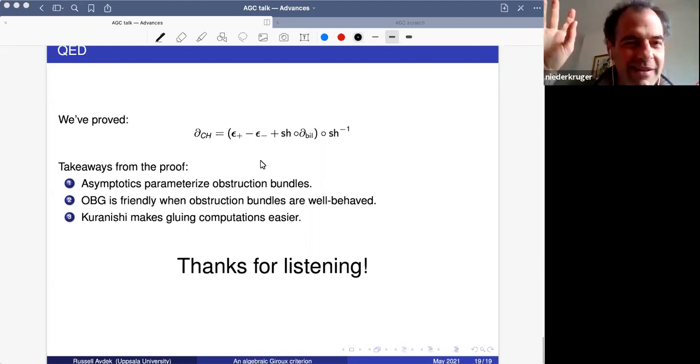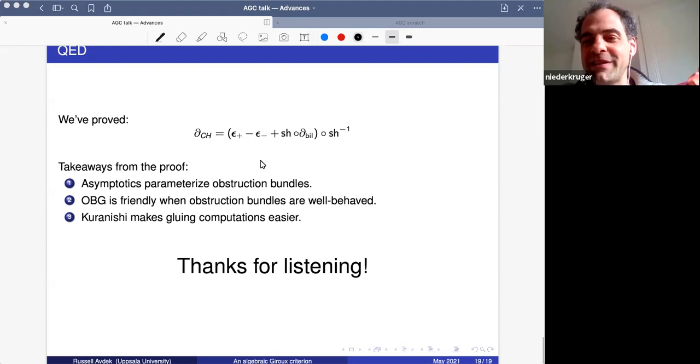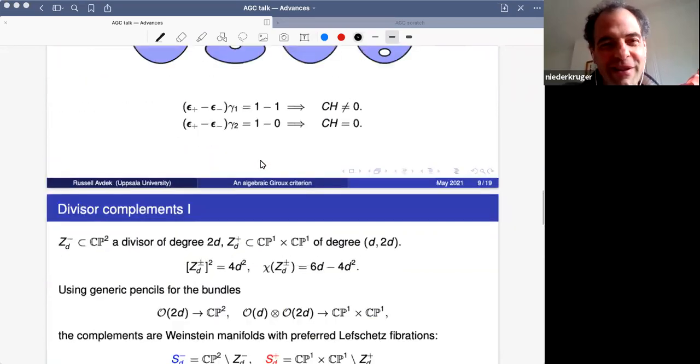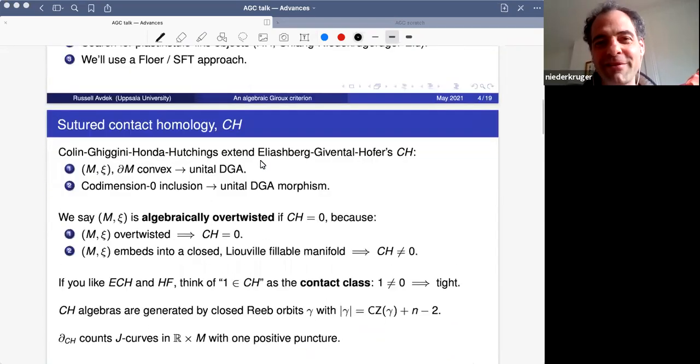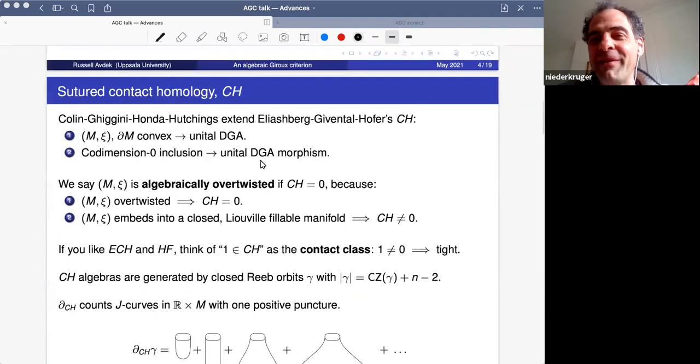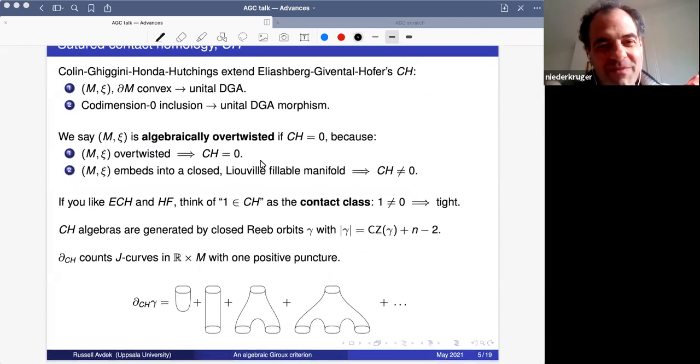I have a question. First of all, about algebraically overtwisted, I think this was much earlier. It's probably yes, or I don't know. I mean, it was just that we had several candidate notions that were all equivalent. And anyway, no. But my real question was, since I have a lot of problem with algebra and all these things,